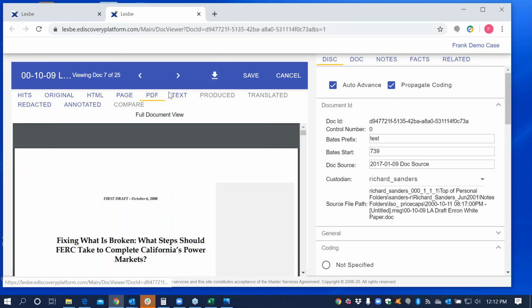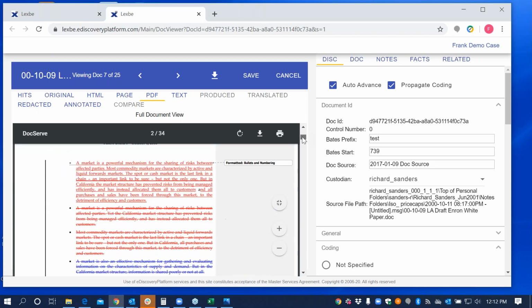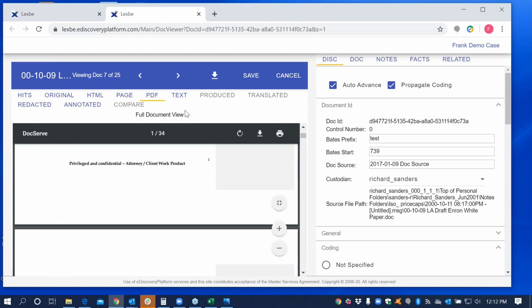And what you're seeing here is on the left, these are the views of the document that we have. And then on the right, this is how I'm going to interact with the document on the left. The different views we have are the original or the native. We offer you an HTML. You can see that I'm on a PDF view. For your larger PDFs, this one's 34 pages,